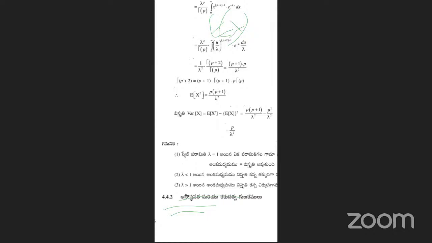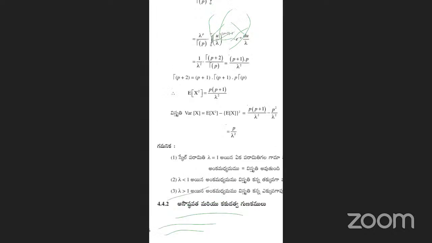Here, if you substitute lambda equal to 1, then what will you get? 1 by lambda. So mean and variance